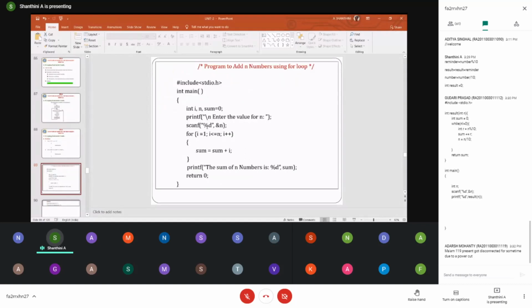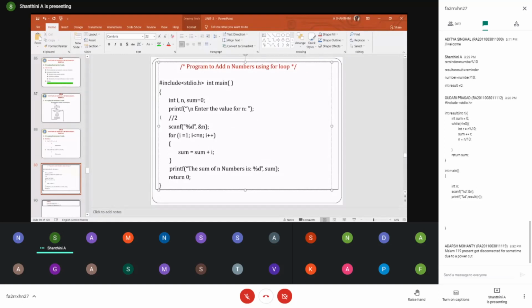For i is equal to 1, i is less than or equal to n, where n is how many numbers you are going to add, then i plus plus, and then you come inside. Suppose I'm entering 2 here, for example. I'm not going for 5 numbers, I'm just saying it for 2. So the value I'm entering is 2.